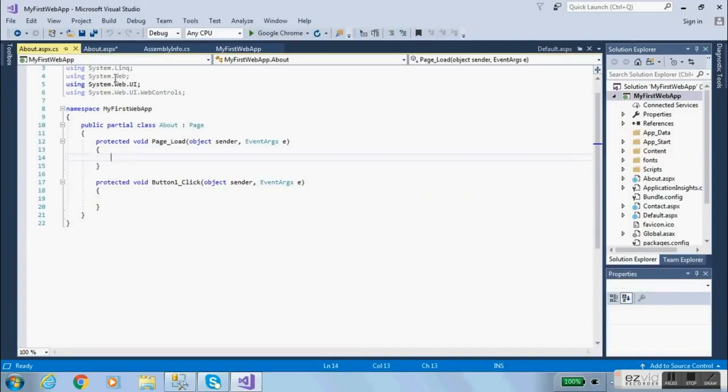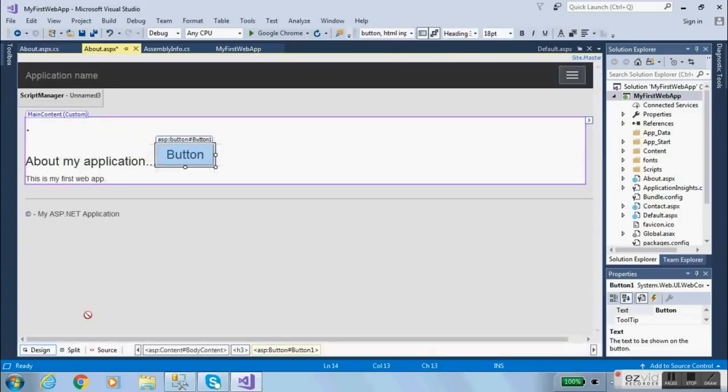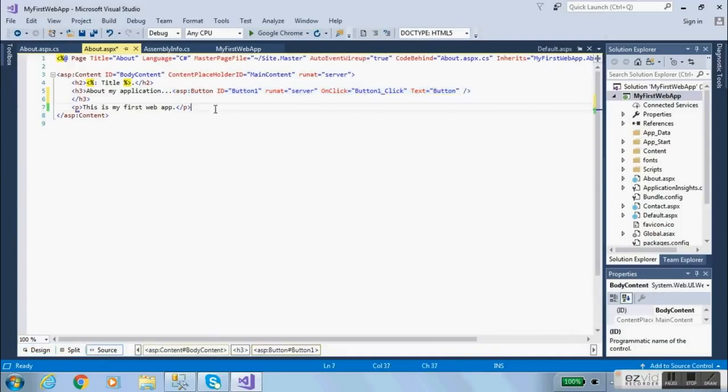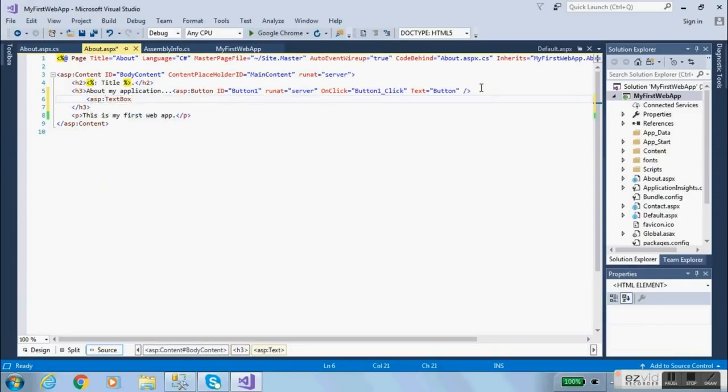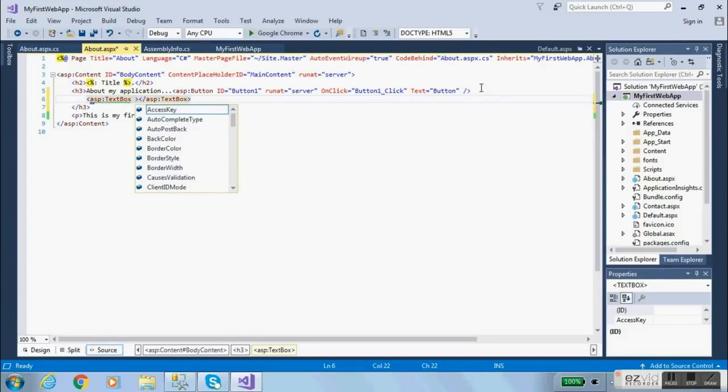Okay, so let me show you. Now, another option is to click here at the bottom on source. It'll take you to the markup language of this page instead of the visual designer. Now here, instead of dragging and dropping controls, you can copy them into the markup language. Say for instance, say text box. You want a text box control to add some default attributes here. It's called ID,